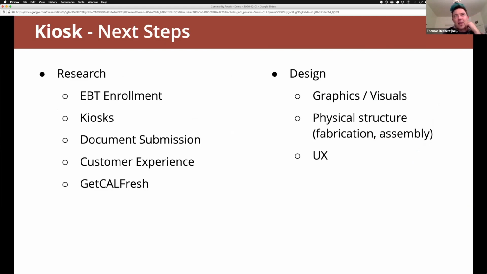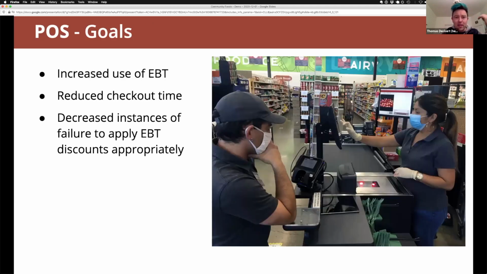And then on the design side, actually coming up with some graphics and visuals and signage for the kiosk itself, as well as some UX across that whole experience. On the point of sale side, just for the sake of time, I can just sum up that